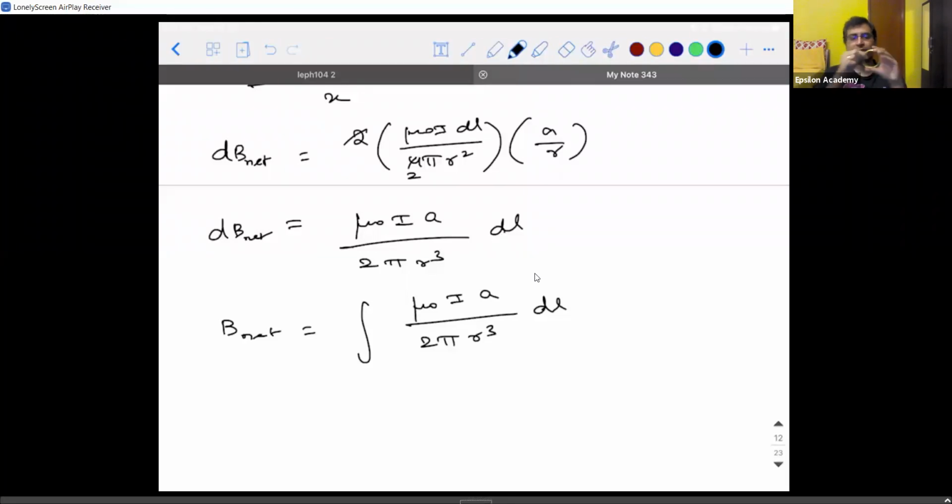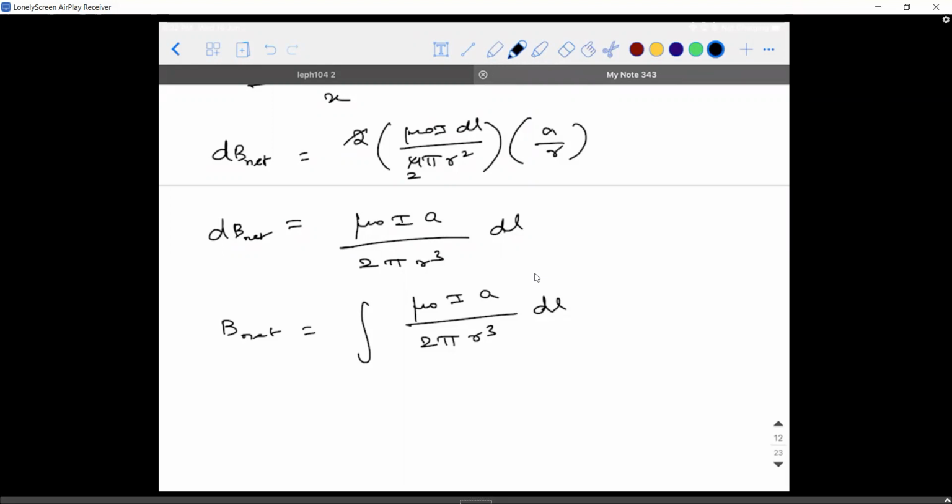But in this case, I took one dl here, one dl here. Let's say they both are revolving in anti-clockwise direction. So by the time this dl reaches half of the circle, this other dl which was present at the bottom would have completed the remaining half of the circle. I repeat it: by the time the top dl is reaching the bottom, the bottom dl would have reached the top. So each dl is traveling how much distance? Pi r, sir. Pi r.